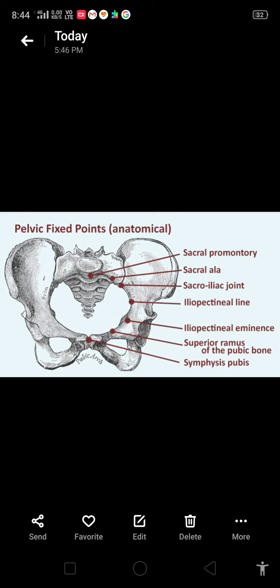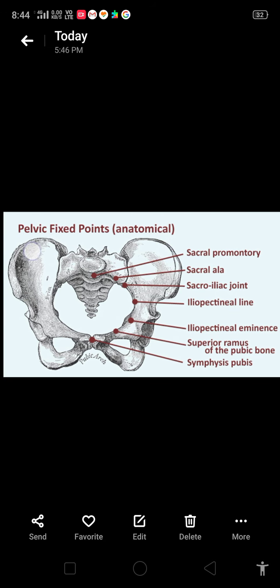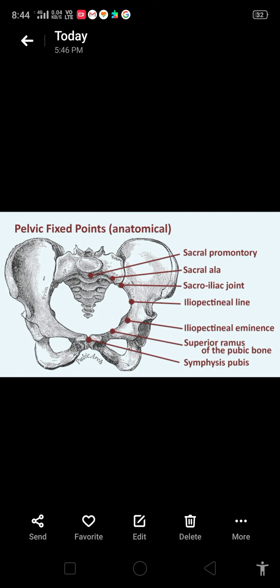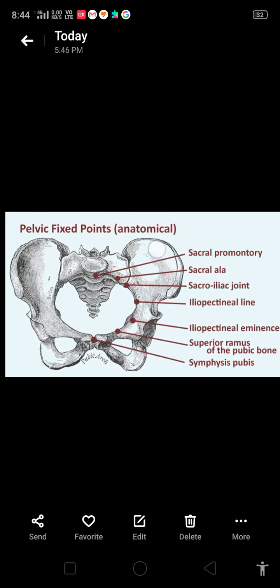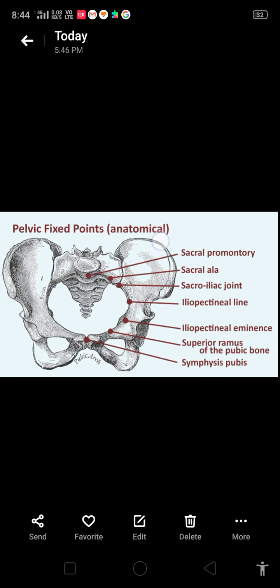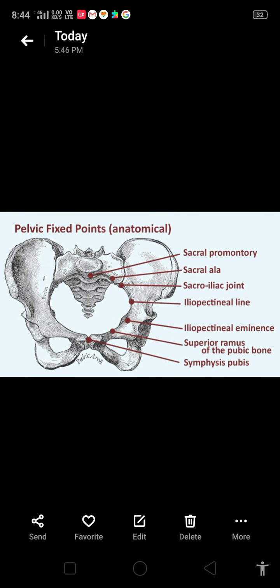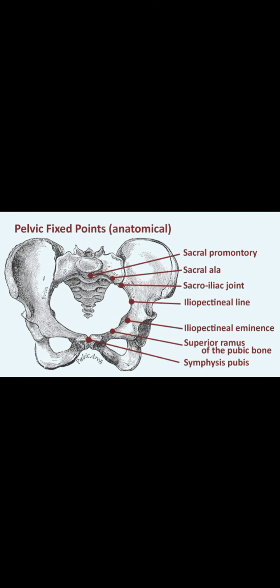Once again, the false pelvis is the part of the pelvis formed by the upper flared part, which is mainly the ilium. This is the ilium, on both sides. Laterally it is formed by the iliac fossa, posteriorly by the fifth lumbar vertebra, anteriorly by the abdominal wall, and it has no significance in obstetrics.